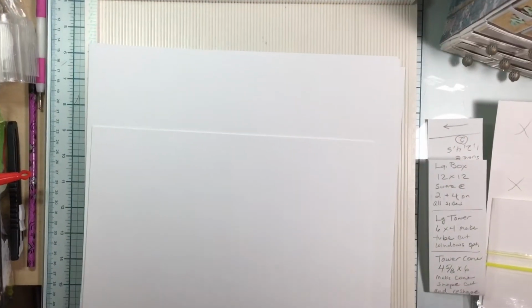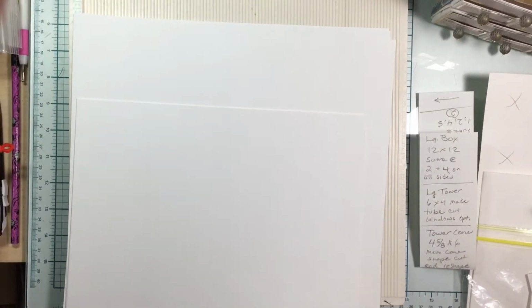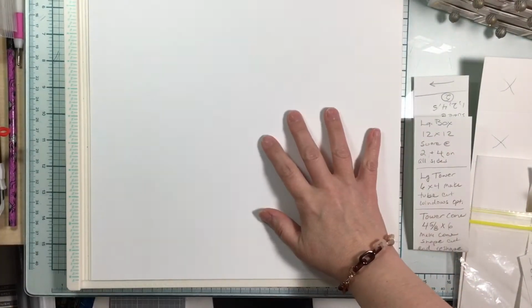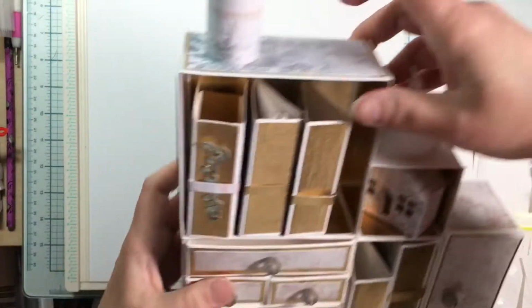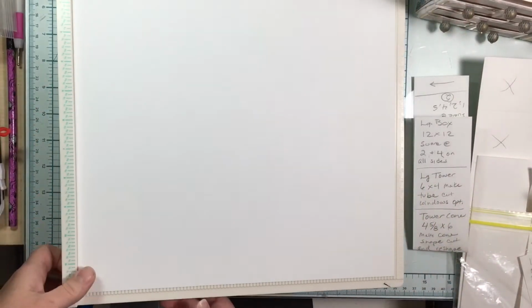So a lot of these came from my other project, the little armoire shelf that I made for Christmas, or you could make it for anything. So we have a 12 by 12 piece of paper. This is going to make that large box on the top. So this large square here, that's going to be the 12 by 12 piece of paper, and you're just going to score it at